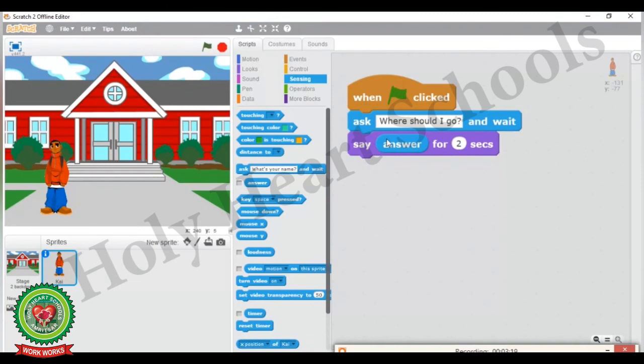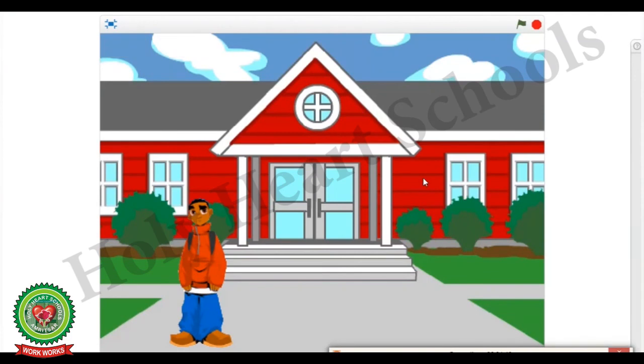Now here you can see the question that the sprite will ask and the answer that we have input from the keyboard will be displayed by the sprite using the Say block. If you want to see the inputs that we have entered using the keyboard, we can tick this Answer checkbox. Now on the stage the answer box is given. From there you can see which inputs we have entered using the keyboard. Now to see the output, click on the full view mode button. Now to run the script, click on this green flag button.